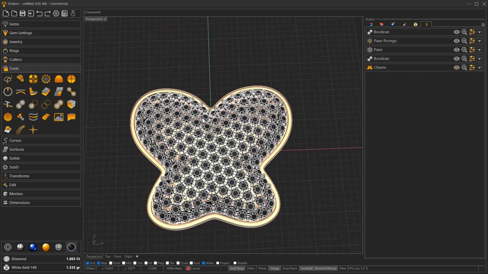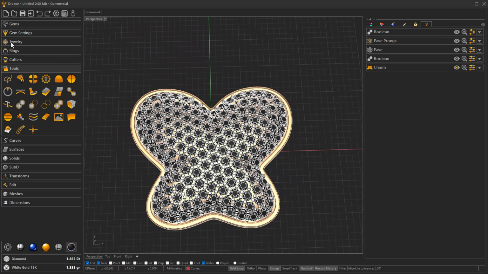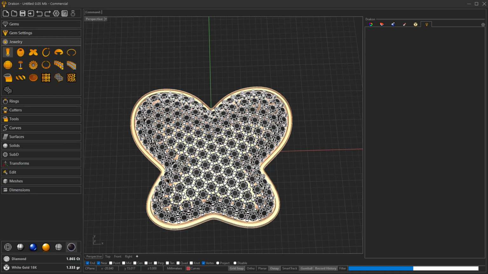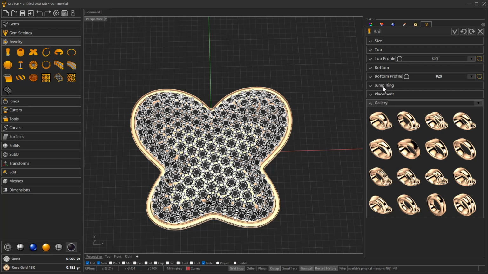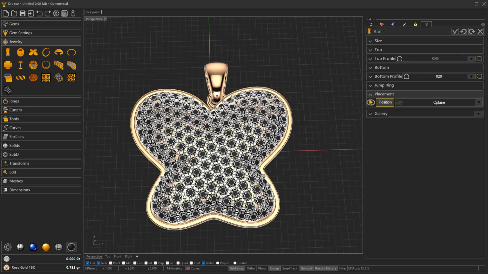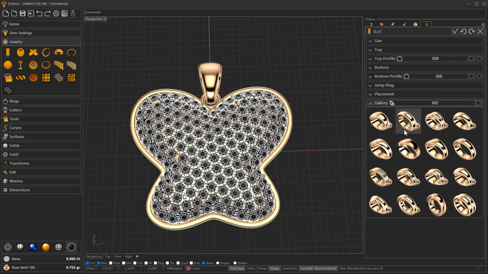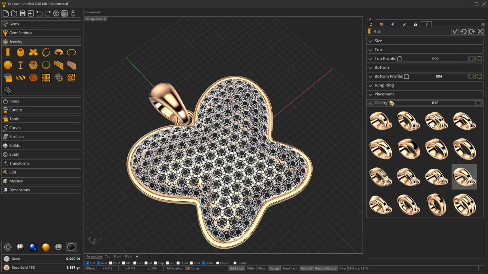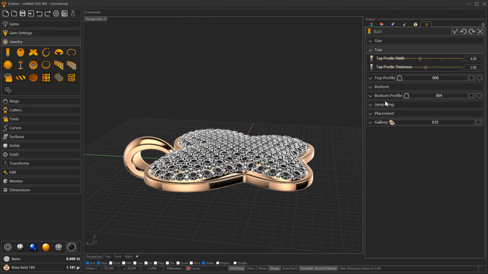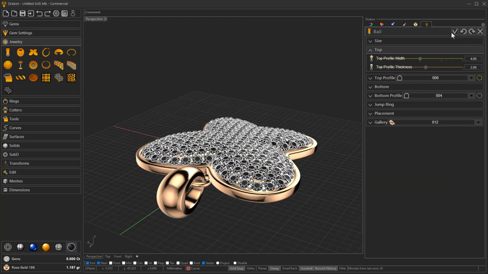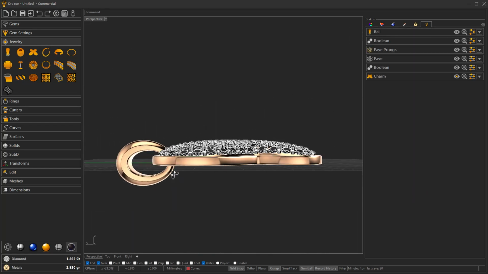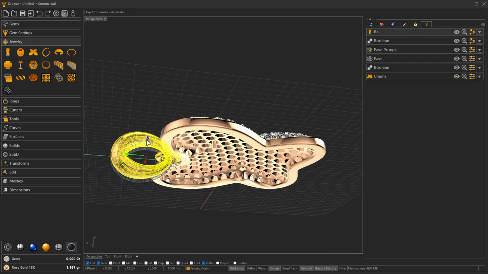We need also to add the bail, so under the jewelry tab we can find here the bail, and let's place it in position, and maybe under the gallery, or by readjusting the parameters we have in the different sections. But looks like it's good. Let's just redefine here the position,